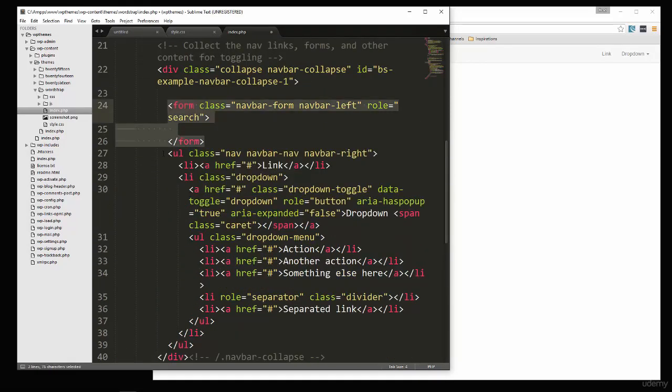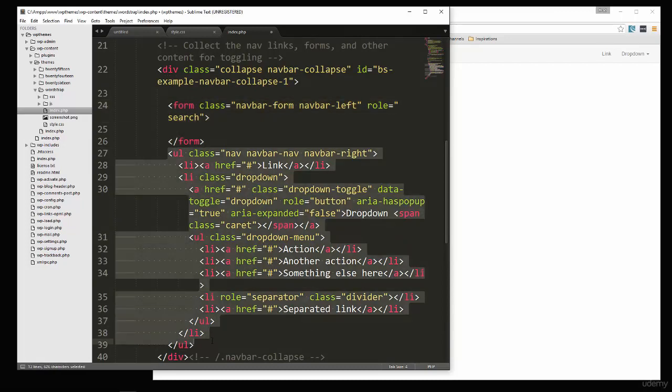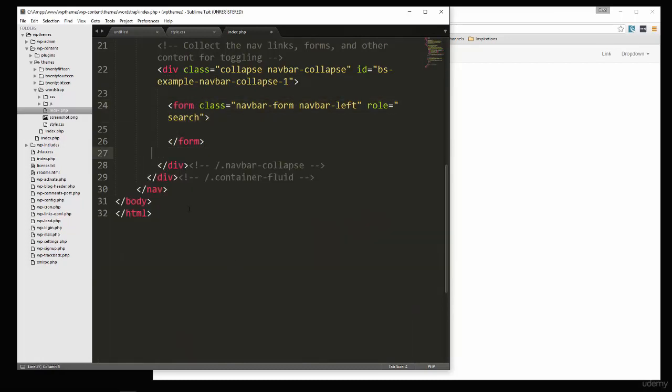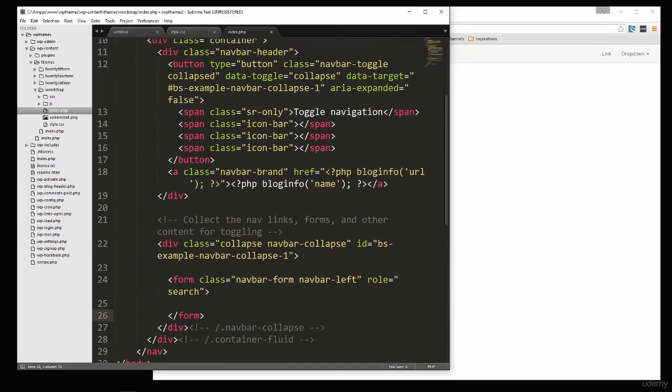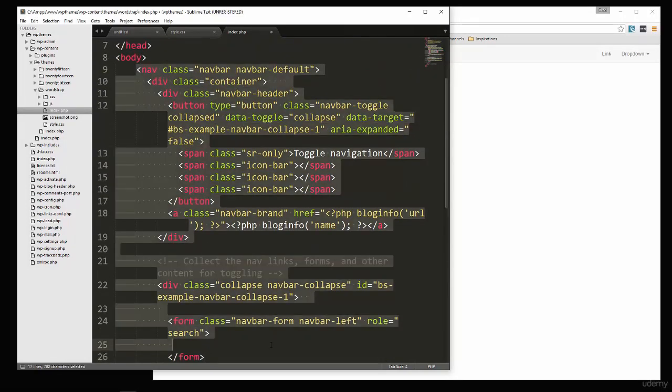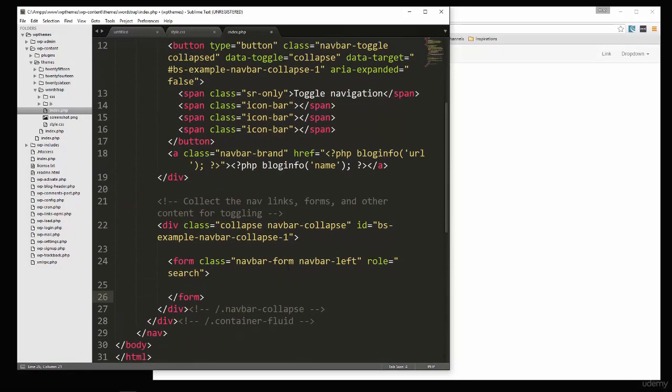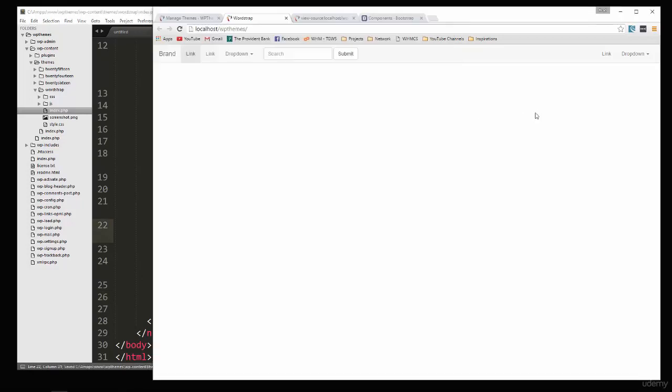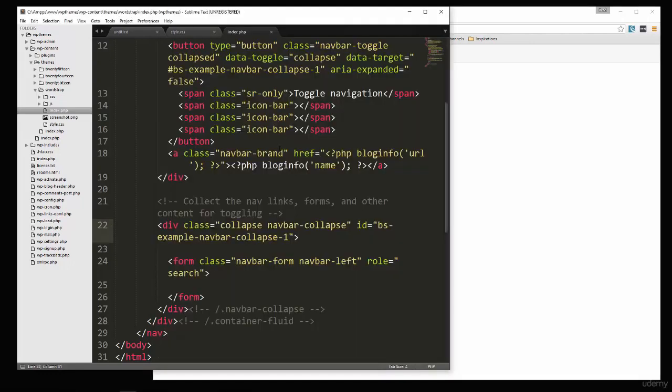And then we're going to take out this whole UL as well. So we're left with just this. This is the entire nav. So we'll hold off just for now with that. Let's see what that looks like. Okay, so it's very basic. We just have our branding. We'll implement the nav walker in the next video, but let's just continue on with some of the base